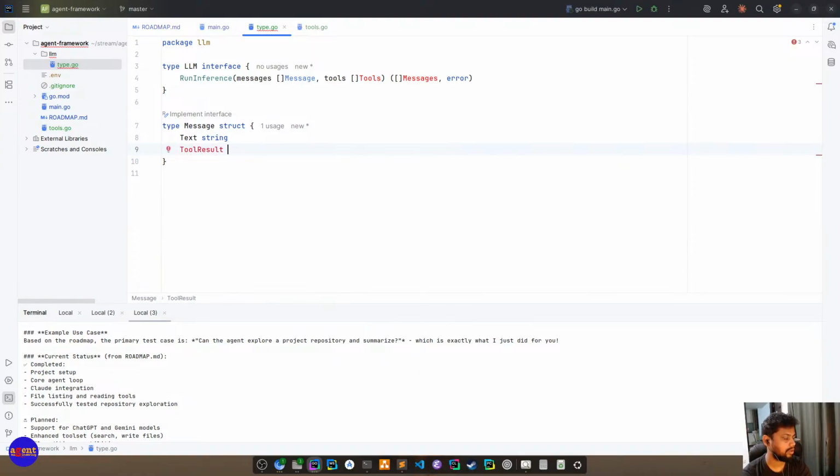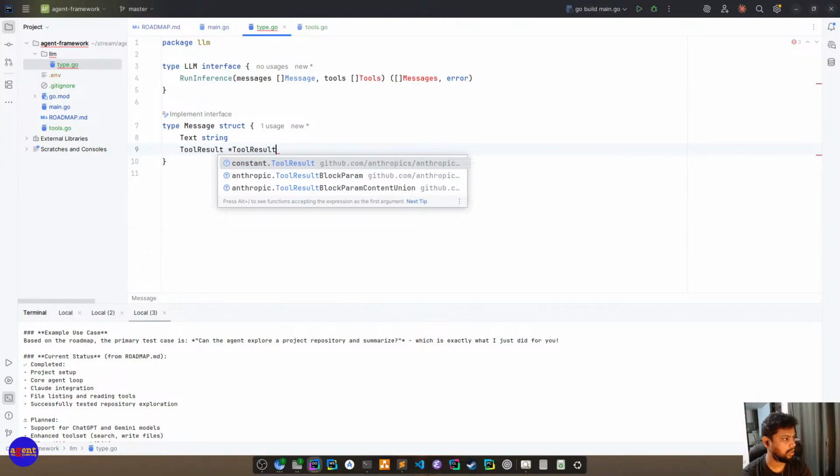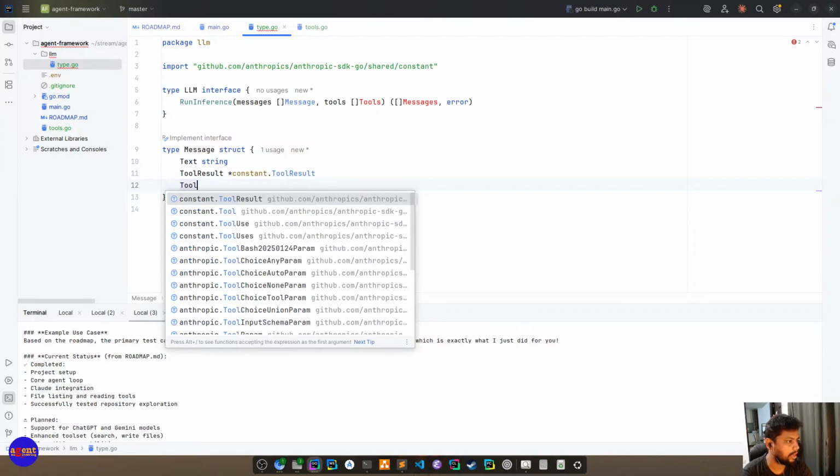So we create an optional tool result, and in case of Anthropic, whenever we return a tool result, we have to include the tool use as well before it. So whatever the LLM had responded with as the tool use, we have to return it as is.